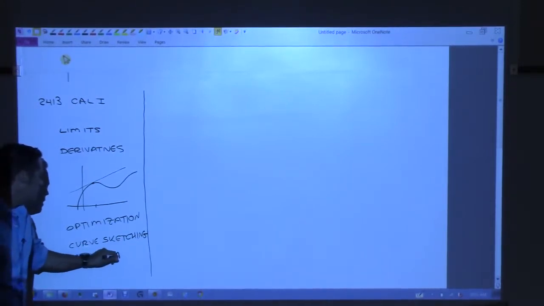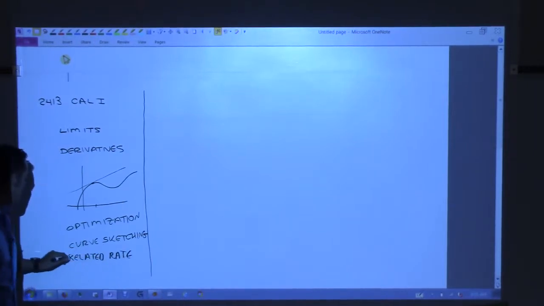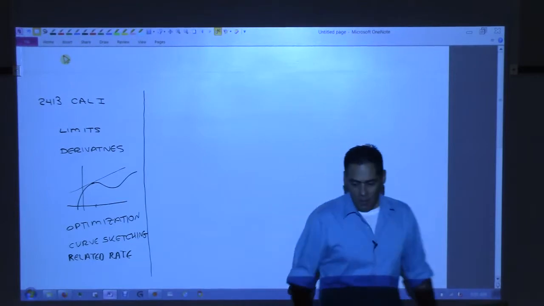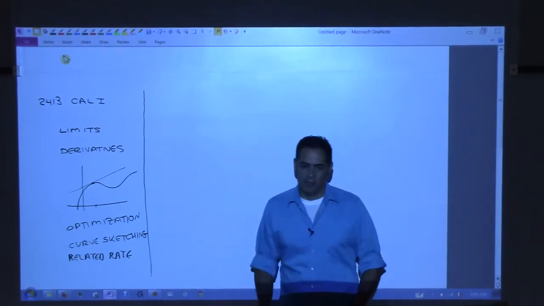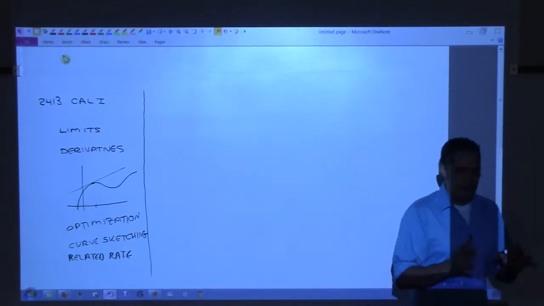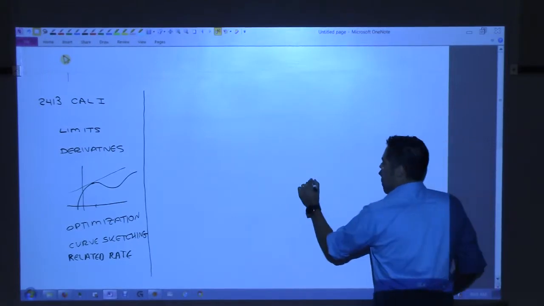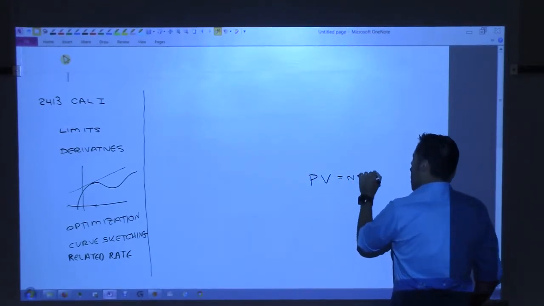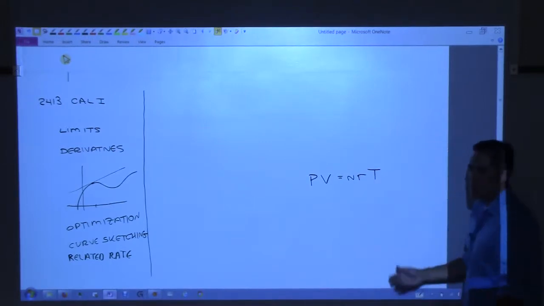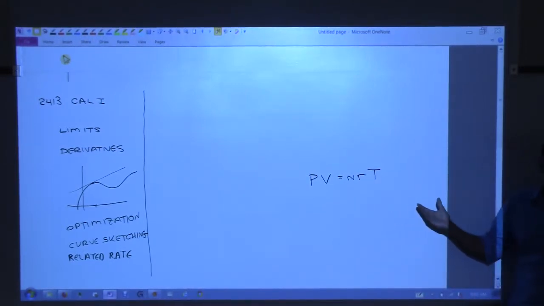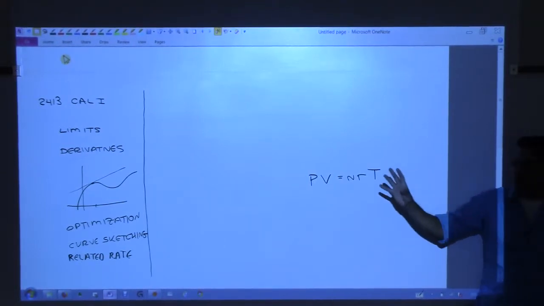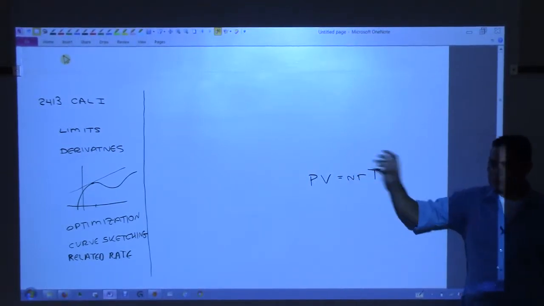So, related rates. What I've always found fascinating about related rates is that the main idea is that if somebody gives you any equation, even a well-known one, like the one I like to use in my class, this one, which I think is the ideal gas law or something like that. I'm not a chemist, but it doesn't matter. Go grab me any equation from any field. Doesn't matter what field it's from.